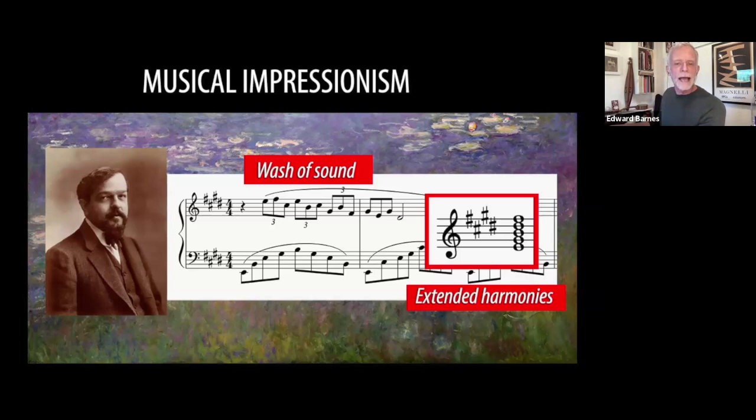If you extend that, you keep adding thirds on top of it. So now we have extended harmonies. He takes the extended harmonies and threads them out in lines and blurs them all together.